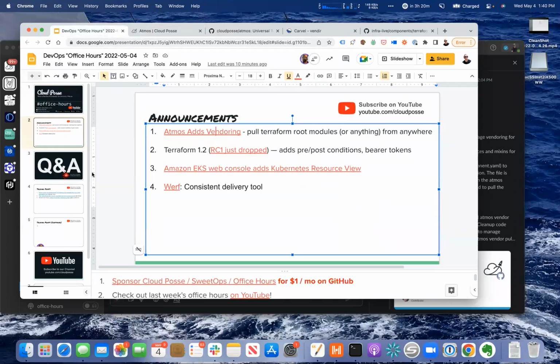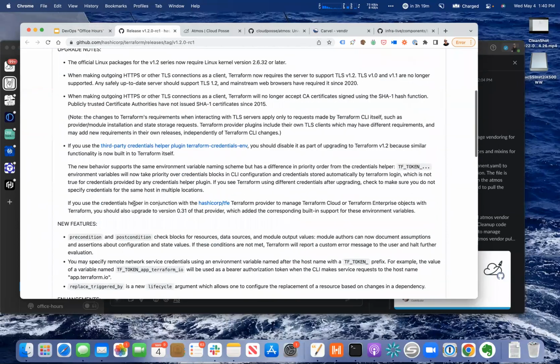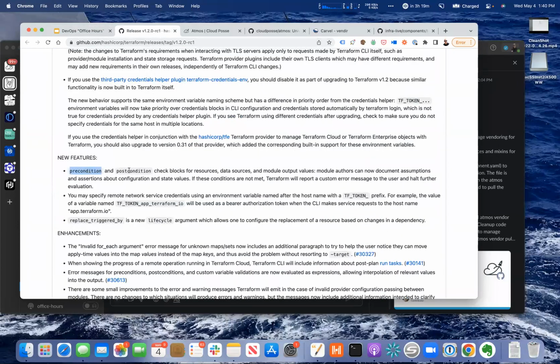All right. Next is Terraform 1.2 release candidate just dropped. Now, HashiCorp is very quick at doing new releases, so I would expect within the next week or so, if there aren't any critical issues, that 1.2 will drop. A couple notable highlights is the ability to have pre and post conditions. This is nice as a way of doing validation inside of your Terraform modules, so that if you are using a data source and you expected to get a certain value and it doesn't match, your post condition would be able to